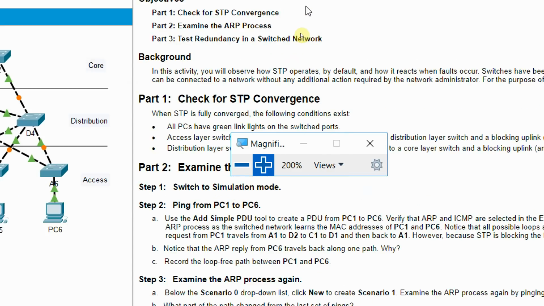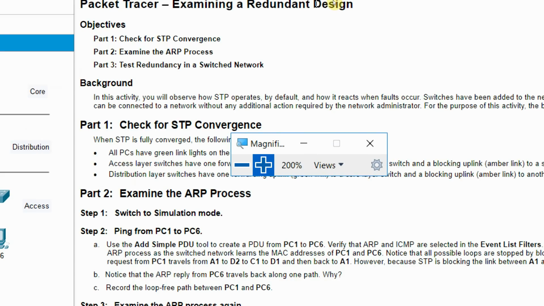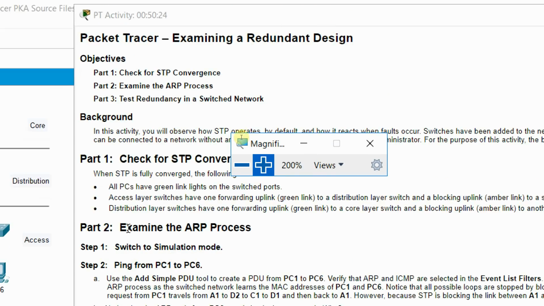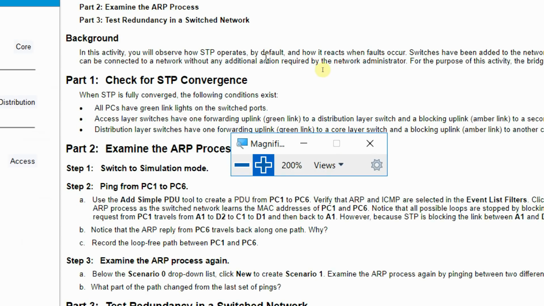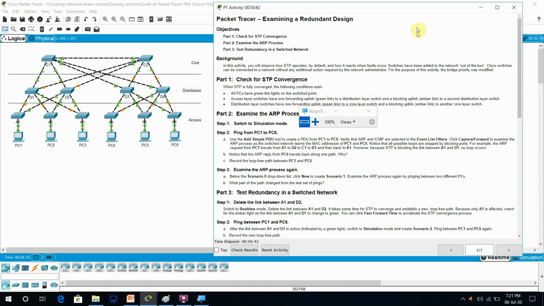Okay, now you can see here, in this activity you will observe how the spanning tree operates, how STP operates by default and how it reacts when a fault occurs. Okay, so let me read.